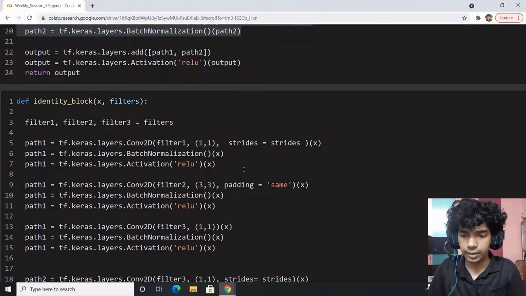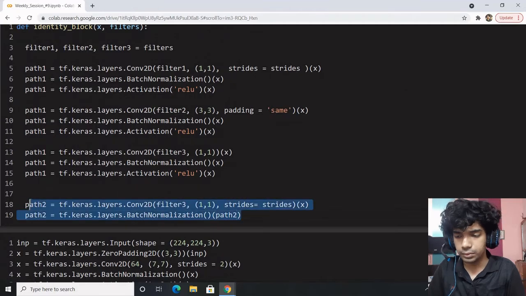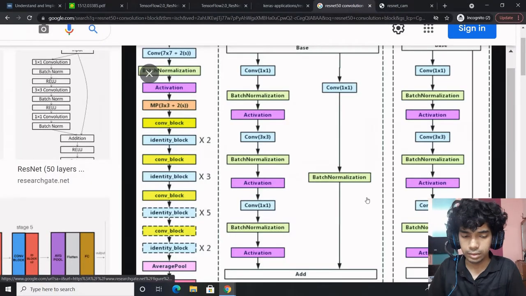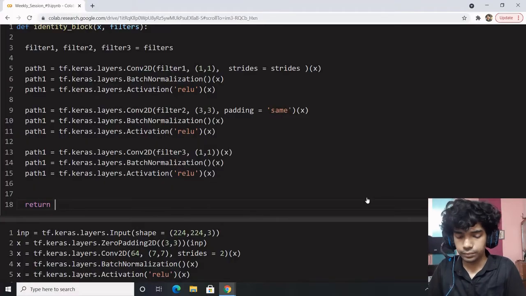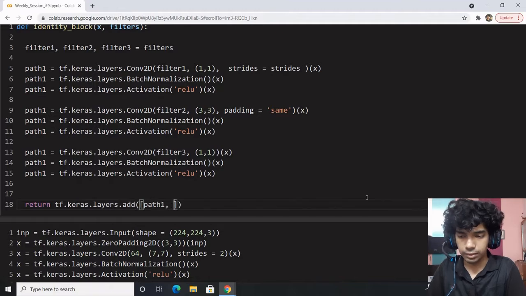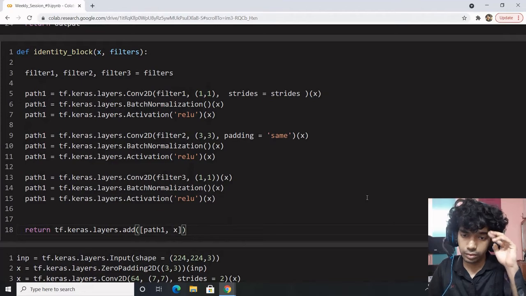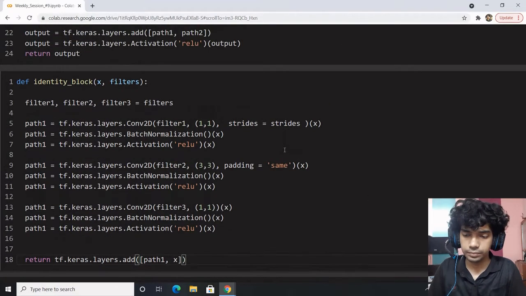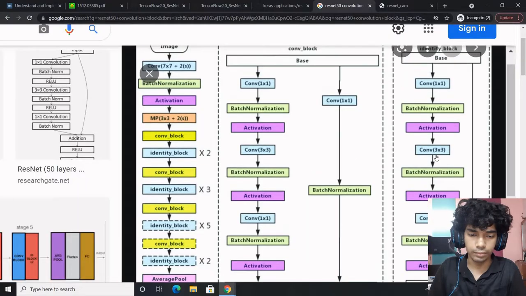Filters will be obtained. We won't have any path 2. All we'll do is return tf.keras.layers.add path 1 and x. I think this is what it is.